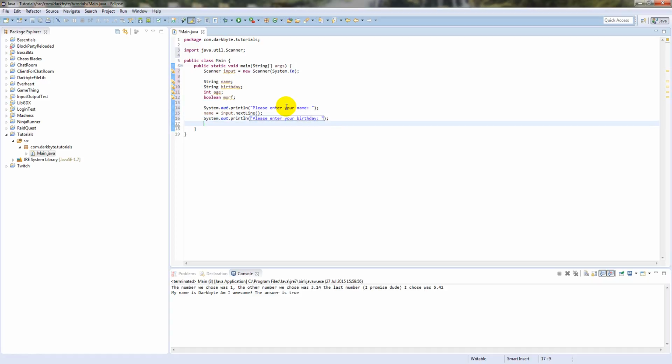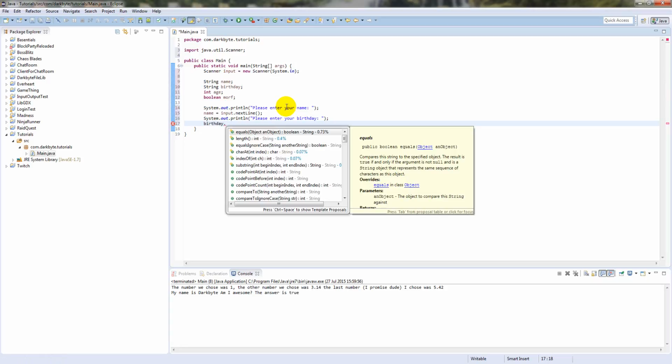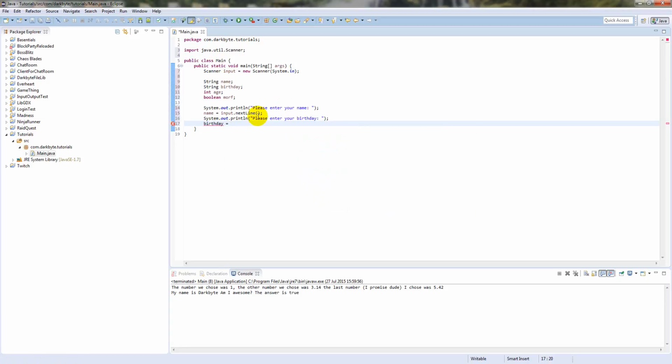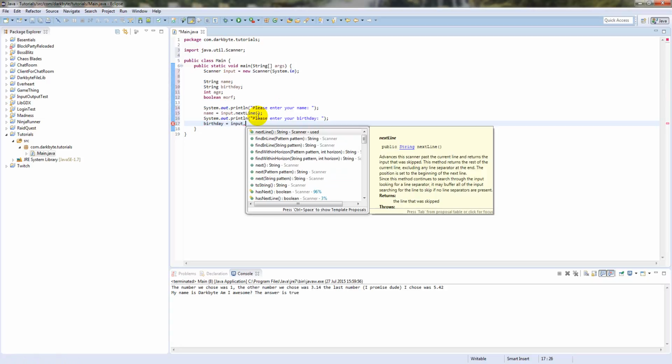So now it's going to ask, and what we're going to do is give them the option to enter their birthday. Well, they don't really have a choice, to be honest, but yeah. So birthday is equal to input dot next line,